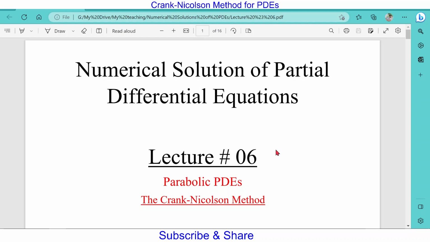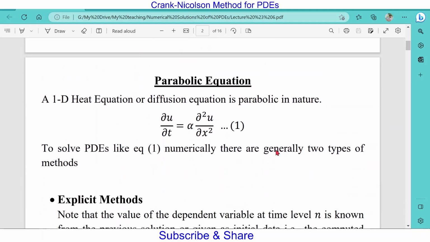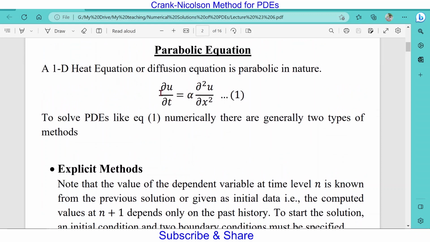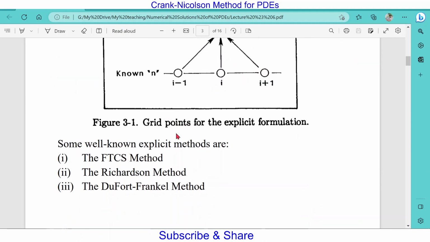Welcome to lecture number 6 of Numerical Solution of Partial Differential Equations, and we are still discussing parabolic PDEs. In parabolic PDEs we are discussing, of course, heat equations, and in this lecture we will discuss the fifth method to solve parabolic PDEs, or this heat equation. This fifth method is a very famous method and it is an implicit method, and the name of the method is Crank